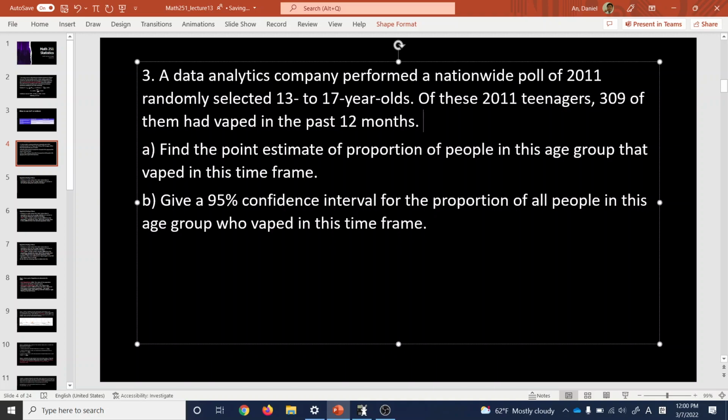All right. So a nationwide poll of 2011 randomly selected 13 to 17-year-olds. Of these 2011 teenagers, 309 of them had vaped in the past 12 months. Okay. Find the point estimate of the proportion of people in this age group that vaped in this time frame. Okay. All right. So here,